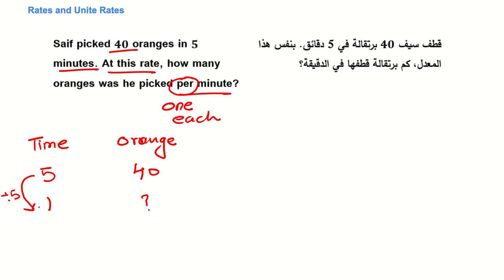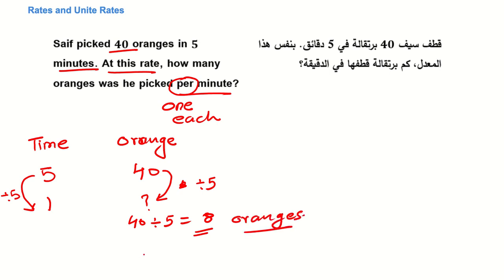So 5 divided by 5 will be equal to 1. So the same division you will do here also. Here also you will divide by 5. So 40 divided by 5 is equal to 8. Okay, so its answer will be 8 oranges. Okay, now the next question can be,